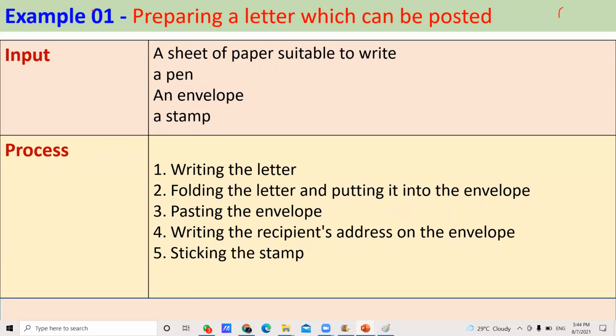Letter ready to be posted. That's correct. That's the output we identify.